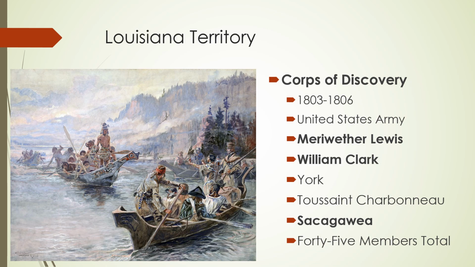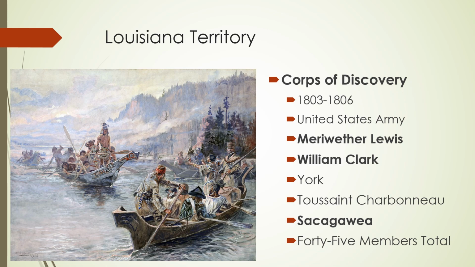The second in command is a man named William Clark. So Lewis is in charge, and Clark is second in command. Most people refer to this today as the Lewis and Clark expedition. So Lewis and Clark, Meriwether Lewis and William Clark. They are not alone, so they obviously have troops under them. They have lots of sergeants and privates and things like that. In all, there's going to be 45 members of this expedition. So we're not going to talk about all 45 people, but Lewis and Clark are